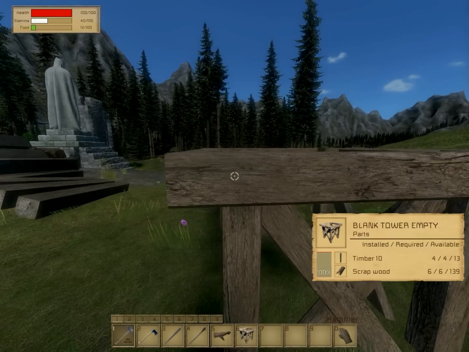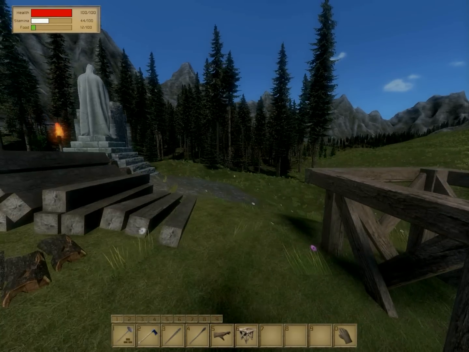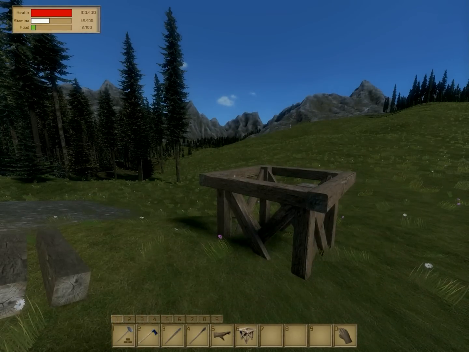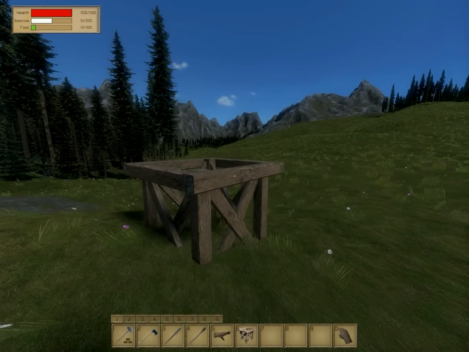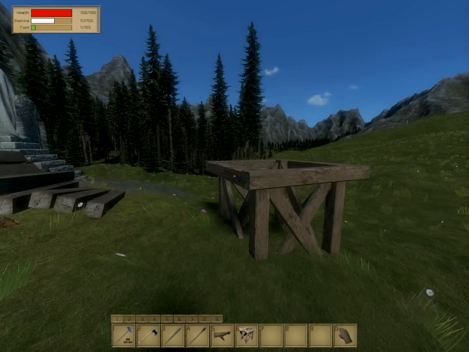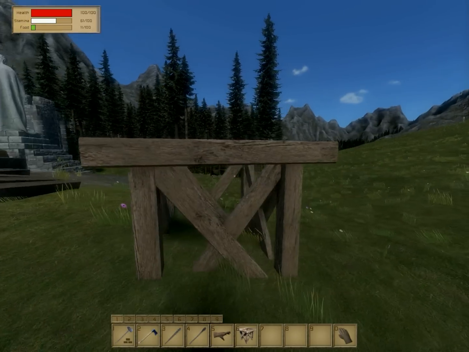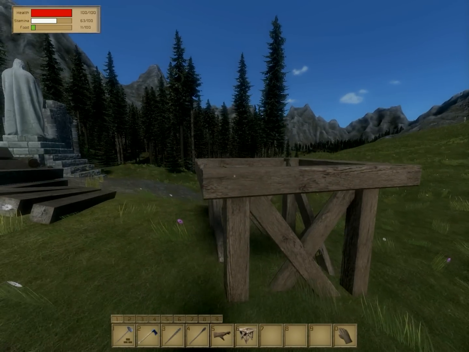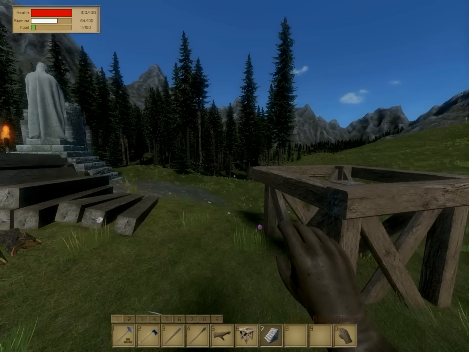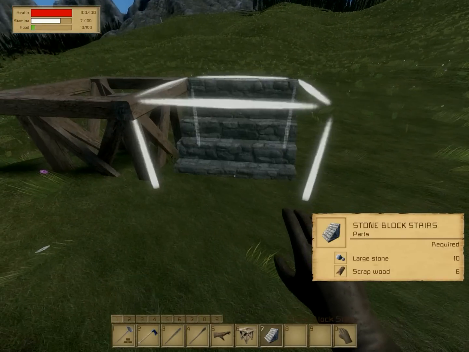So you can see that we have plenty at the moment. You go through timber very quick. That's just something to note, and again, it comes back to you're going to be gathering a lot of timber initially. And that's essentially how you build. There's no real good scaffolding, and so what I do generally is just use stone stairs, because they only require scrap wood to